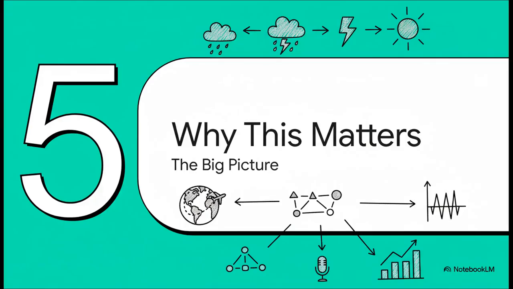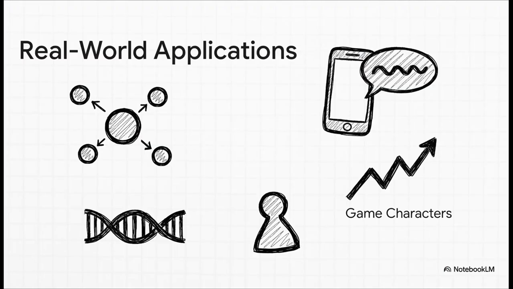So look, a simple weather game is fun and all, but why does this actually matter? Because it turns out this simple "what happens next" logic is one of the most powerful and fundamental ideas in all of computing. This simple idea is, and I'm not kidding, everywhere. When your phone suggests the next word you're about to type, that's a Markov chain predicting the next word state based on your current one. It's used in finance to model stock prices, in biology to analyze DNA sequences, in board games to decide a character's next move. Heck, even the original algorithm for Google's PageRank used this logic to guess the next web page you'd click on. All of these are just bigger, way more complex versions of our little weather game.